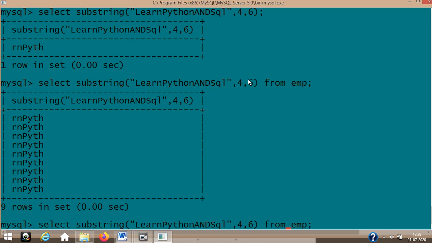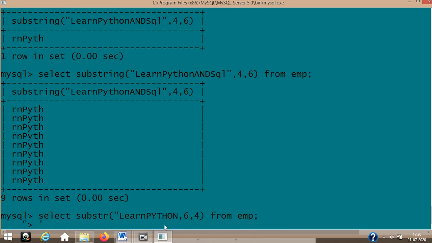So one last question, one last trial. This time with SUBSTR, and this time I'm going to give again and I'm giving here 6, 4. So it will go to the 6, 1, 2, 3, 4, 5, 6. And then from there 1, 2, 3, 4. So you have Python.